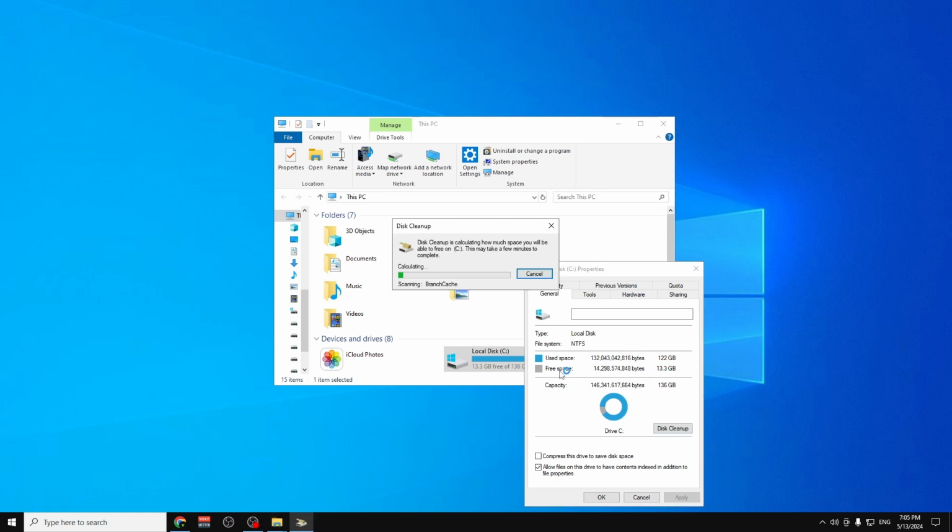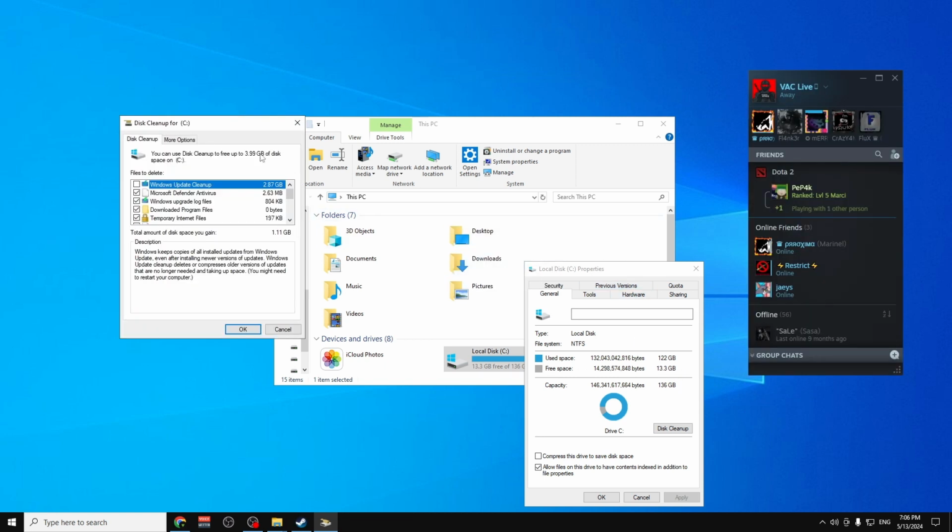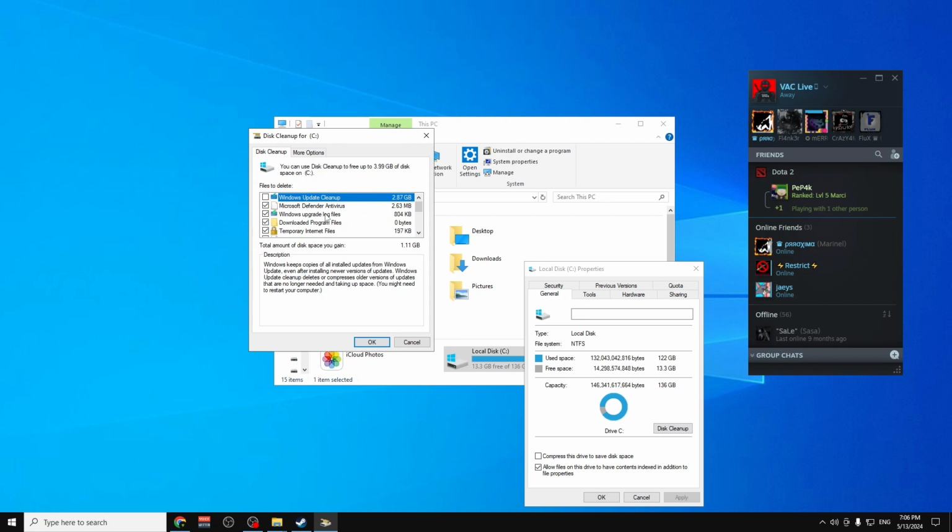As you can see, I have 13 gigabytes of free space. And after this loads, here we're gonna check all of this. So we're gonna scroll all the way down. As you can see here,